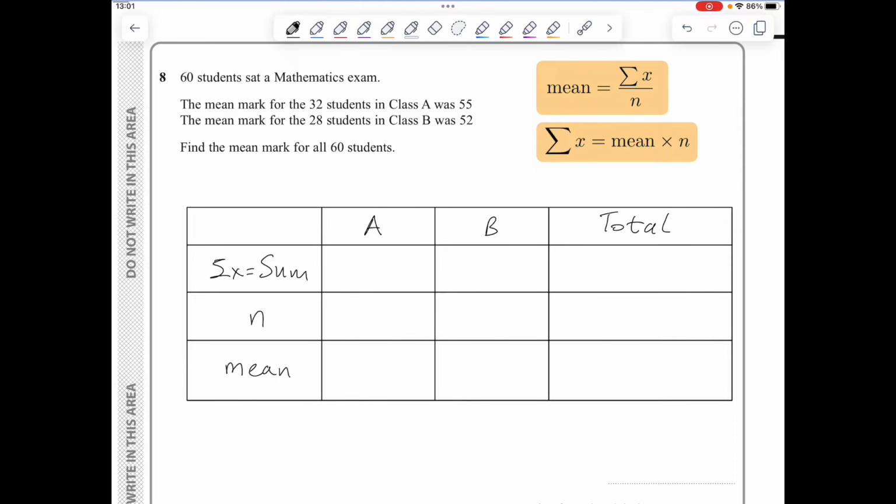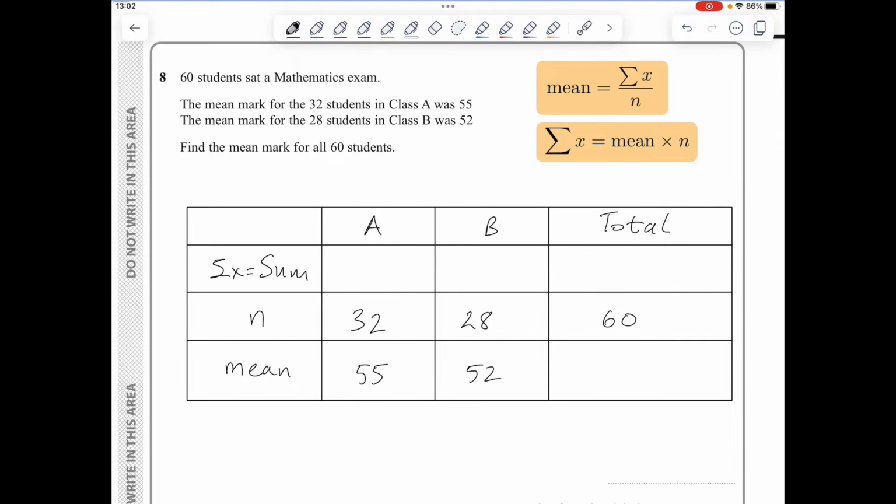Now let's enter all the information on this table. I've got 32 students in class A. I've got 28 students in class B. Total of 60 students. The mean of class A is 55 and the mean of class B is 52. And I need to find the mean for all 60 students, which is this one here. Now I cannot add the two means to find what I'm looking for, so I will have to work with